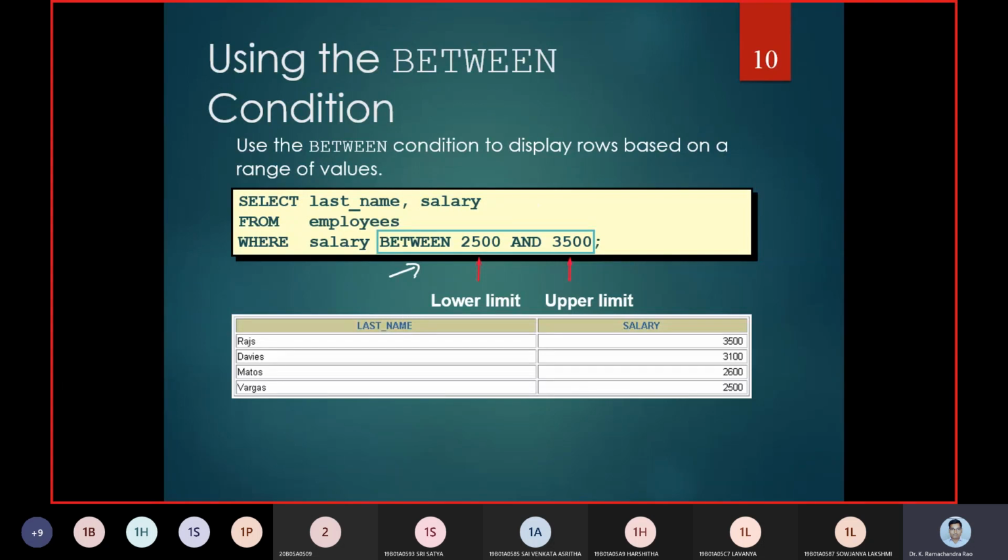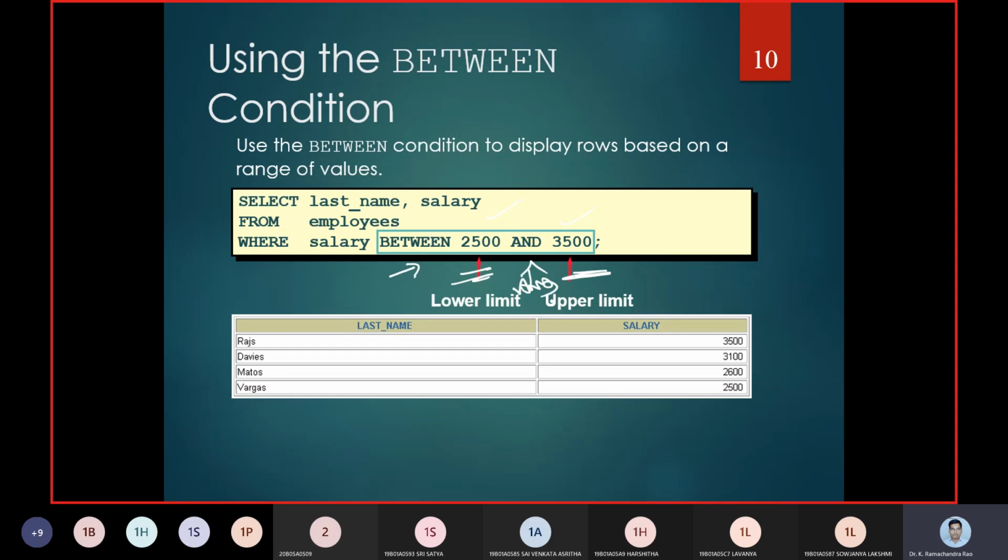When we work on a BETWEEN operation, it is an inclusive operation. The lower limit is 2500 and the upper limit is 3500. So the content between 2500 and 3500 has to be taken up.